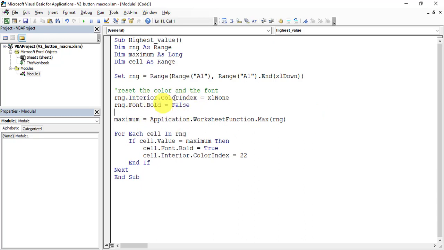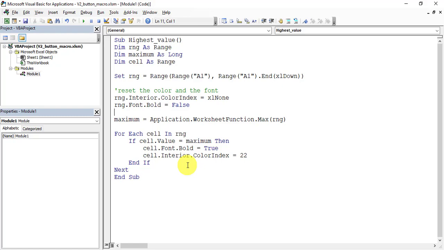These lines of code first reset the font color and the font bold. Then it determines the maximum value, loops through each cell from the given range, identifies the maximum value and formats the cell.